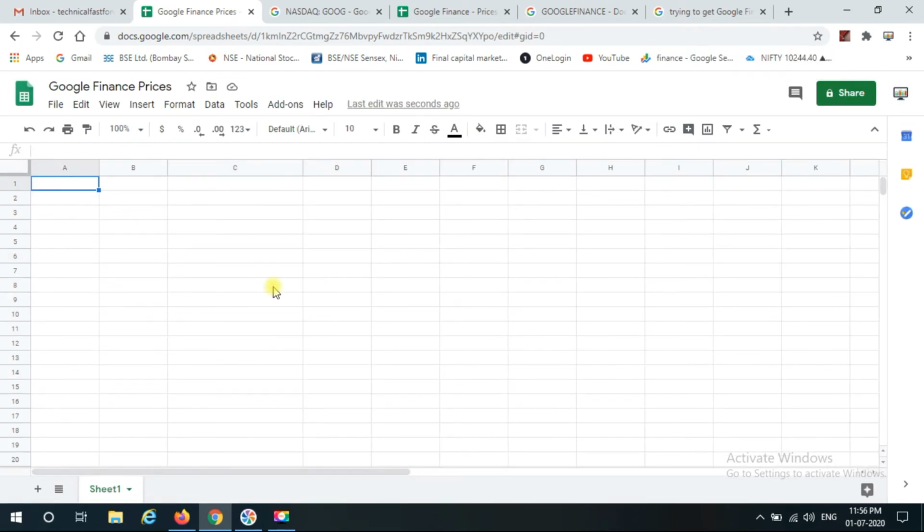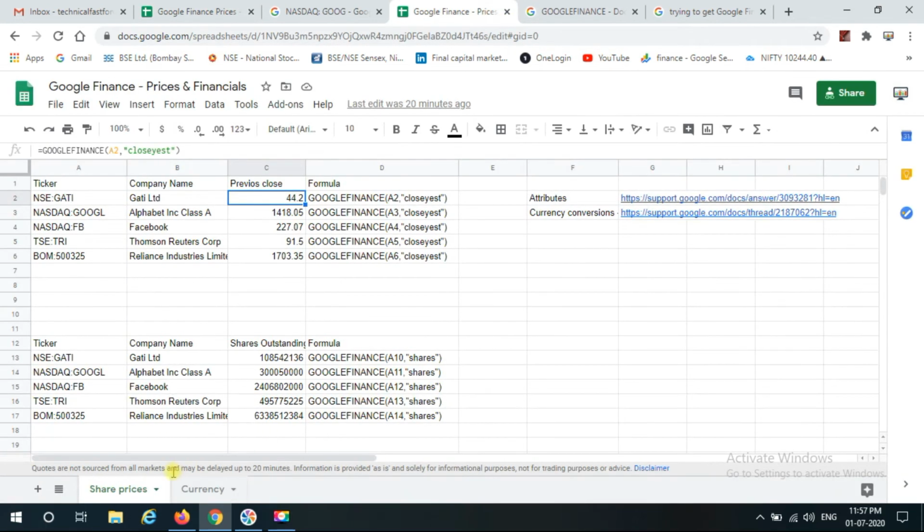Here it is from and to. So I need the currency exchange rate for USD to INR, or let's say USD to CAD, or CAD to GBP. How will I get this from Google Finance? This is way too simple and you can do it easily.